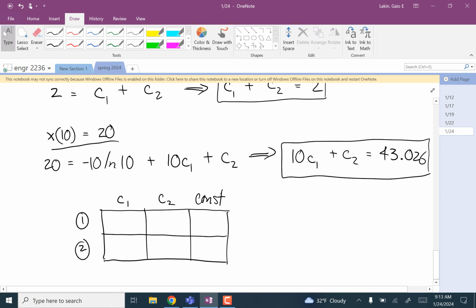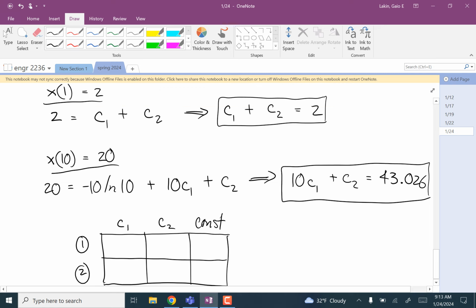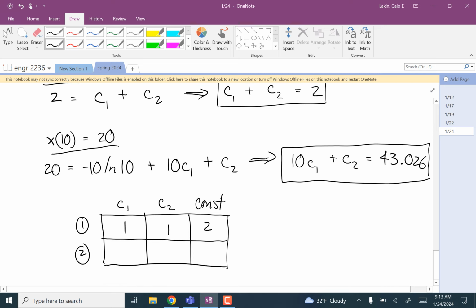You can fill out this thing called an augmented matrix. So in the first equation, C1 has a coefficient of 1, C2 has a coefficient of 1. The constant is 2. For equation 2, C1 has a coefficient of 10, C2 has a coefficient of 1, and the constant is 43.026. Then run that through your calculator's reduced row echelon form, RREF, and it'll give you a matrix